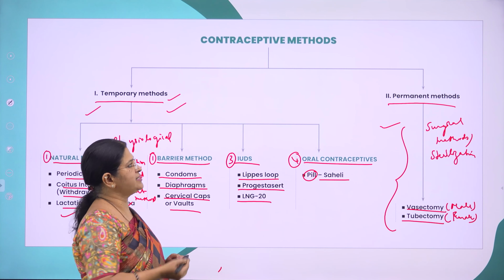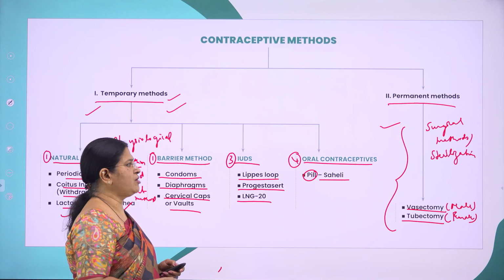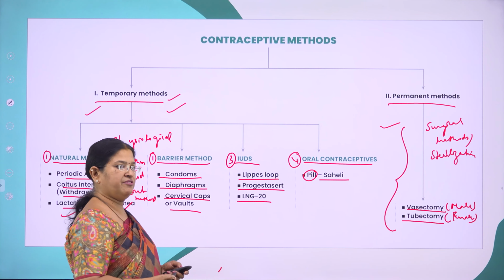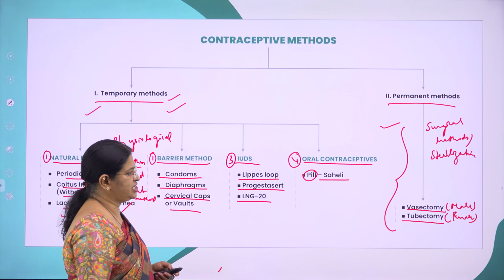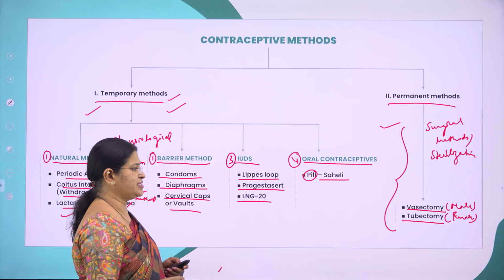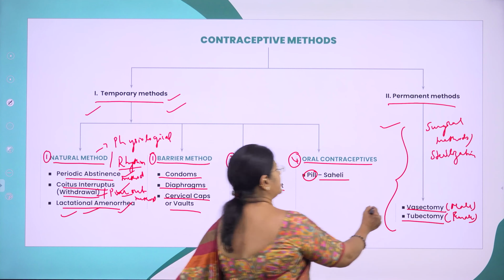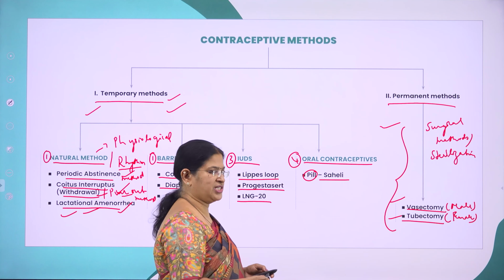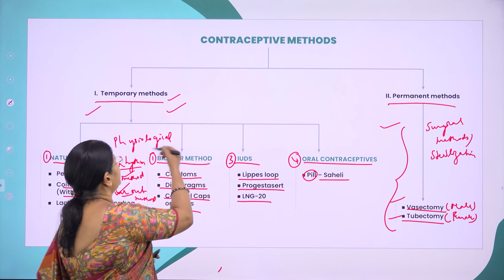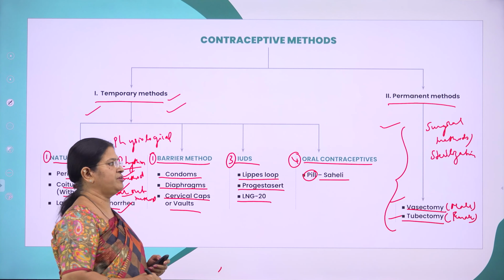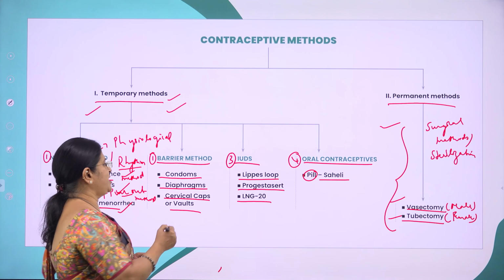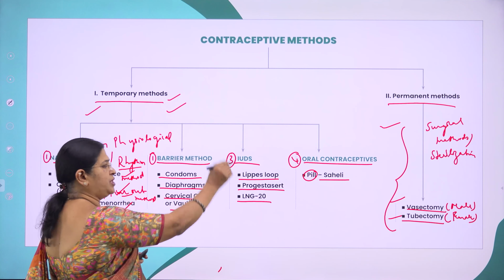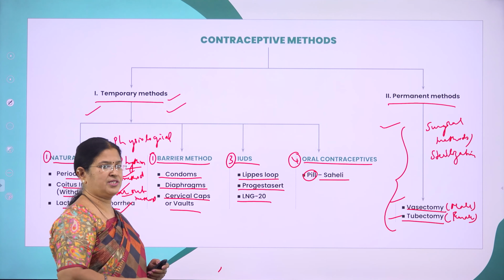and tubectomy. As I said, permanent method can also be called as what? Surgical method, or it is also called as sterilization, where vasectomy is called male sterilization and tubectomy is called female sterilization, where here the male is sterilized and here the female is sterilized, right? Vasectomy and tubectomy. As I said, this is the general classification of the contraceptive methods, which I am going to explain one by one in the coming slides. Hope you have understood this general classification of contraceptive methods.